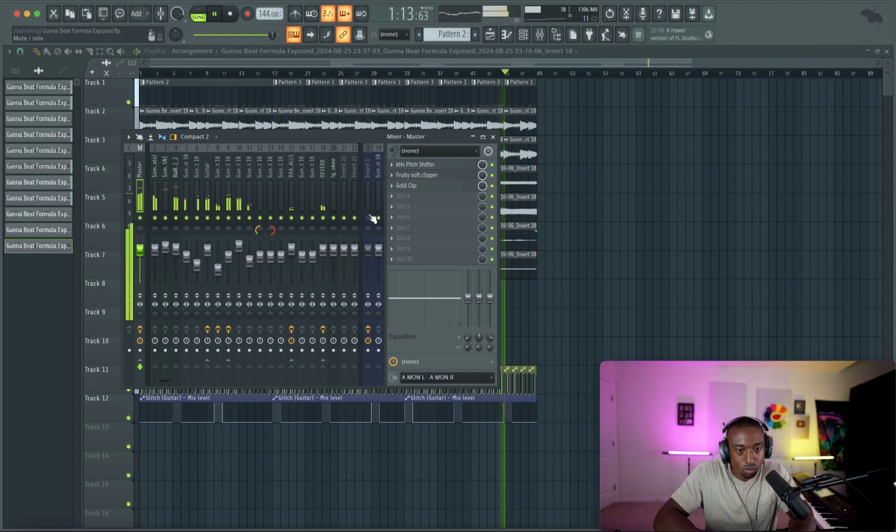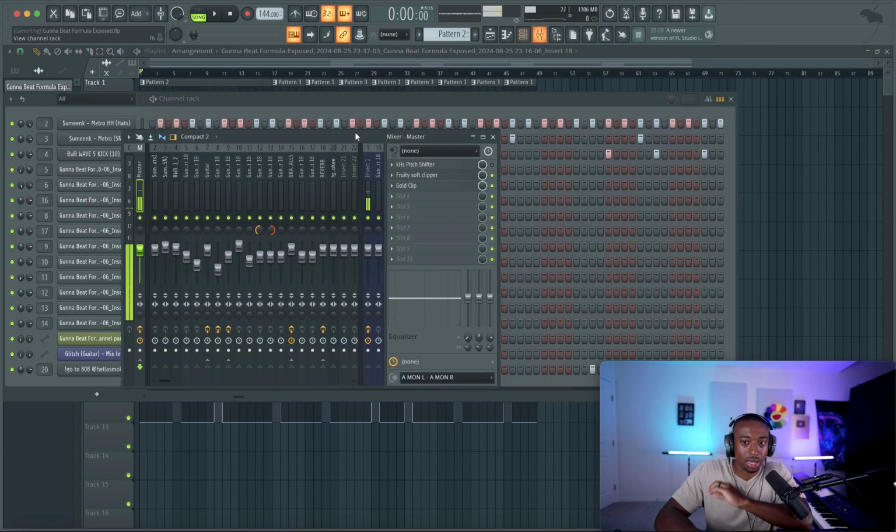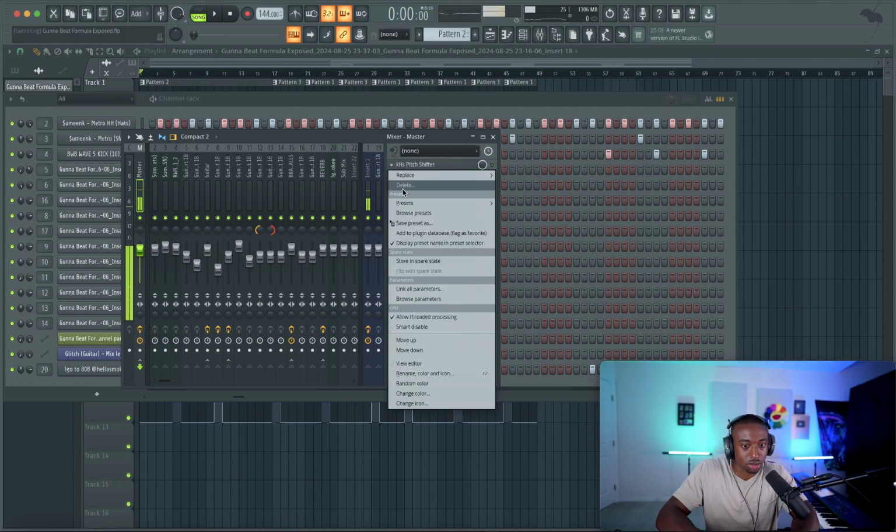What I would do in this case is I do like to slow down drums. The only thing I don't want slowed down is probably the kick and the hi-hats. So let me show you guys one last way to do this without affecting everything. So we're going to create a submix here. And this will allow us to control which things are pitched down.